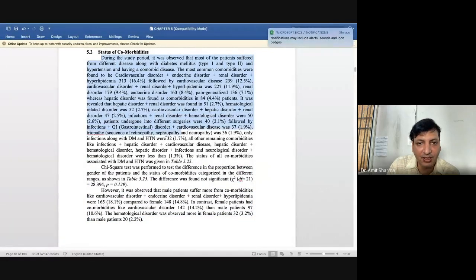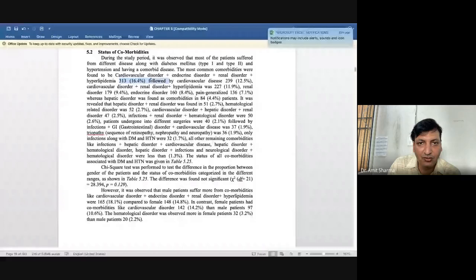Till here it was description, that is, during the study which kind of patients I got and what percentage. If it is a numerical variable, then we discuss mean, median, SD, and if it is a categorical variable, we discuss number and percentage.